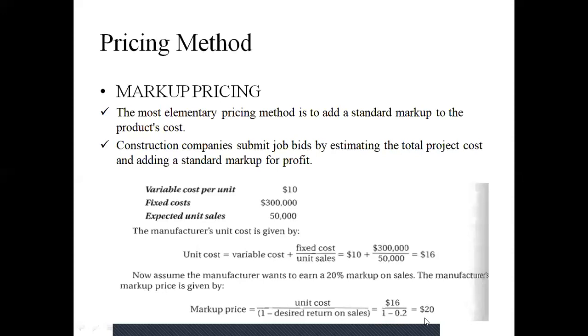So let's see the pros and cons of this type of pricing method. The primary advantage of the cost plus pricing method is that it is very simple and predictable. The disadvantage of this method is that it just sets a price without taking into consideration how the price will affect the demand. The price it sets could be either too low or too high.